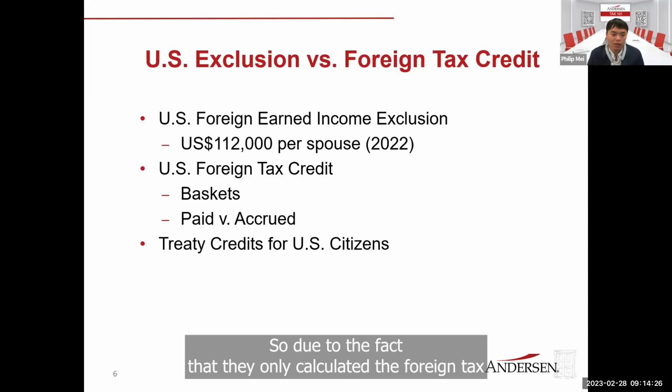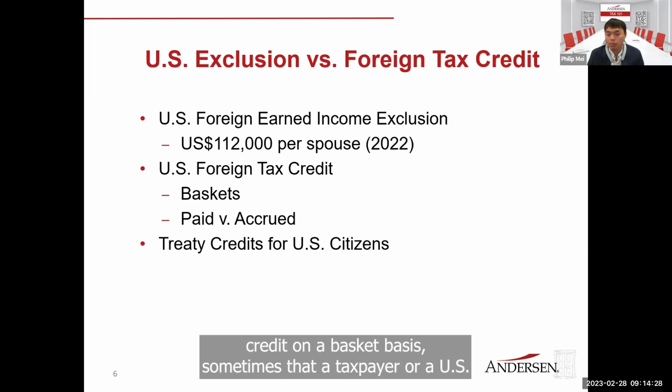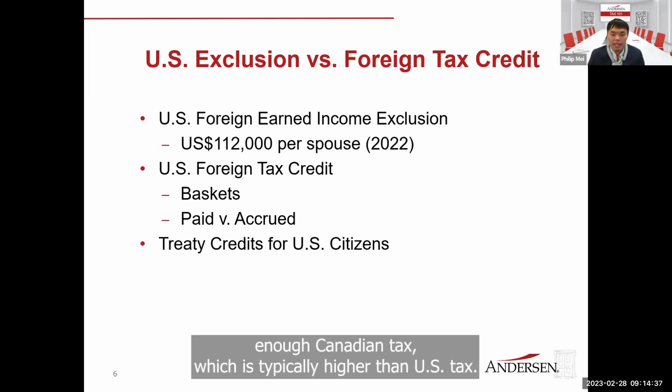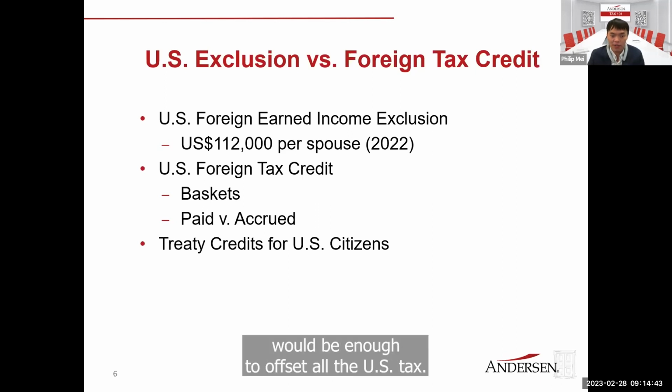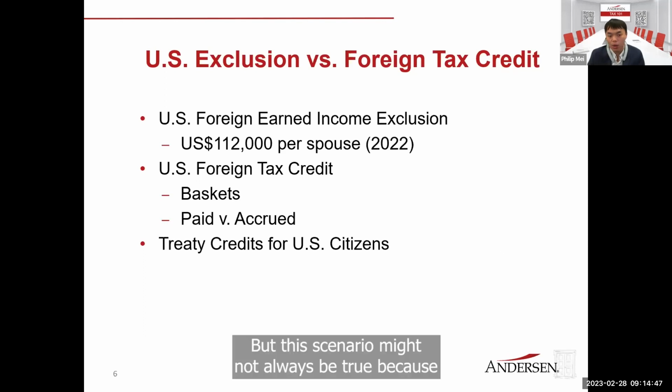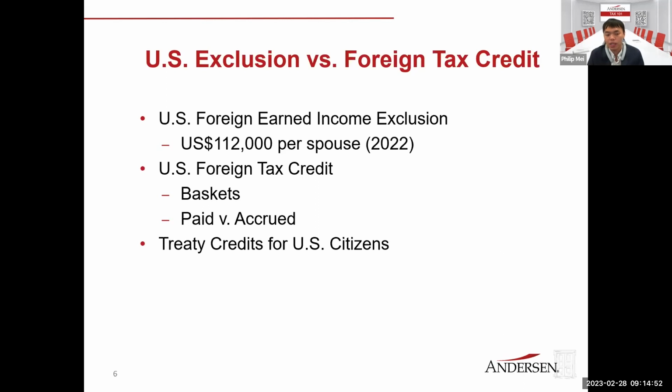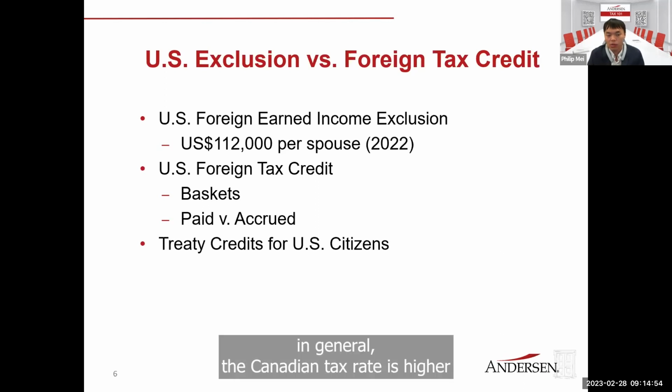So due to the fact that they only calculate the foreign tax credit on a basket basis, sometimes a taxpayer or US citizen living in Canada would expect that they have paid enough Canadian tax, which is typically higher than US tax. They would expect that the foreign tax credit would be enough to offset all the US tax. But this scenario might not always be true because even though in general the Canadian tax rate is higher,